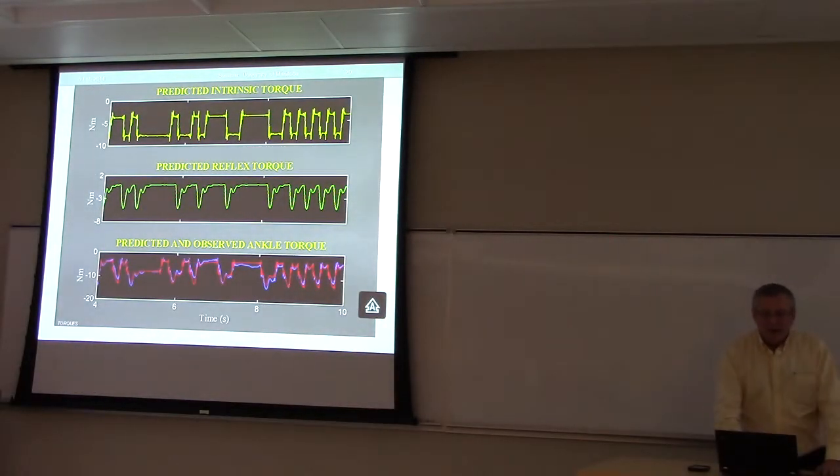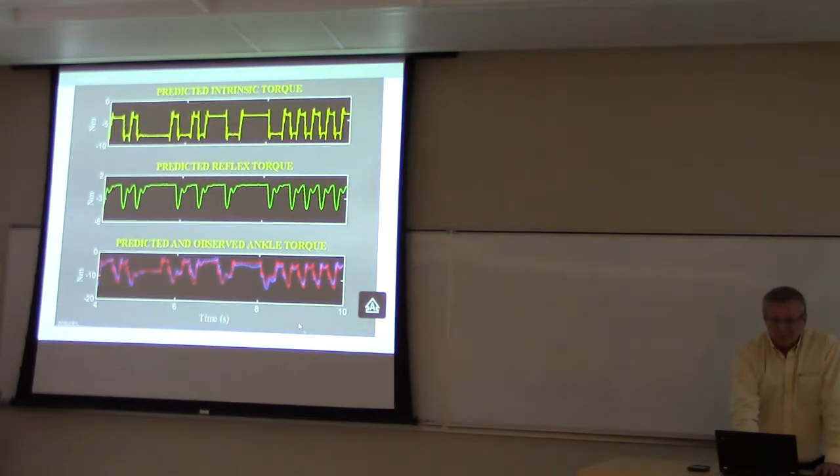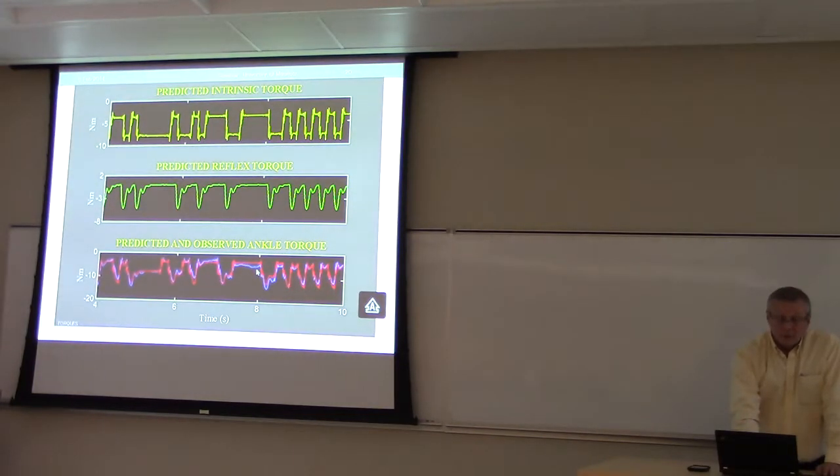on. So when we do that, we can predict the torque due to the intrinsic mechanisms, we can predict the torque due to the reflex mechanisms, and we can combine them to get a very good estimate of the total torque that we observe. Here what we're doing is we're superimposing the estimated to the